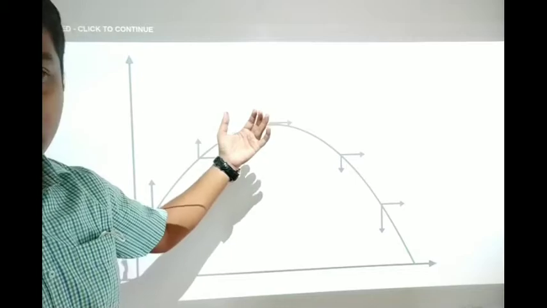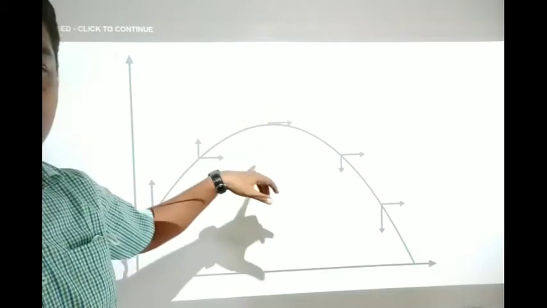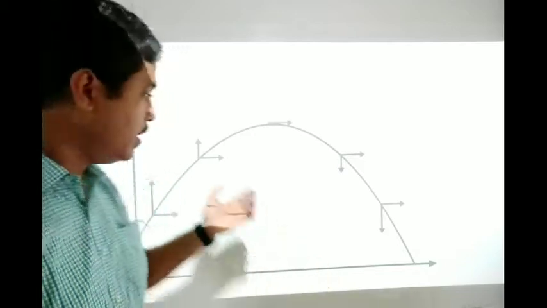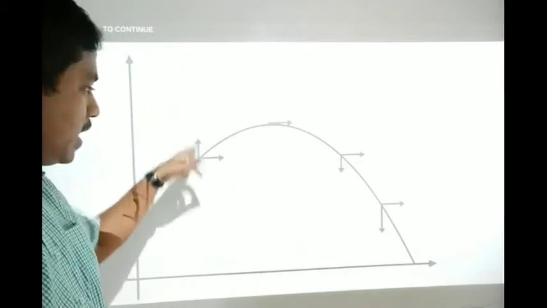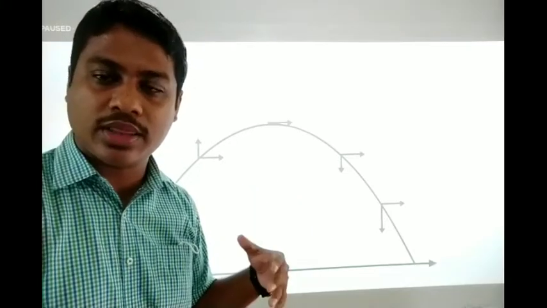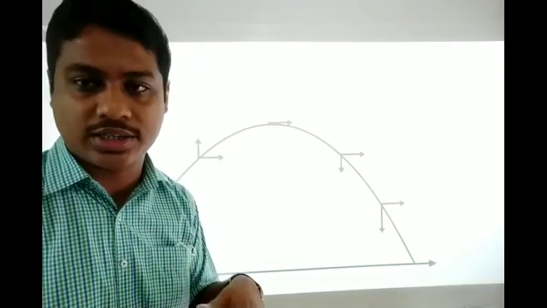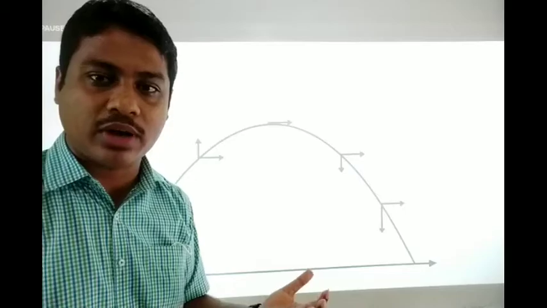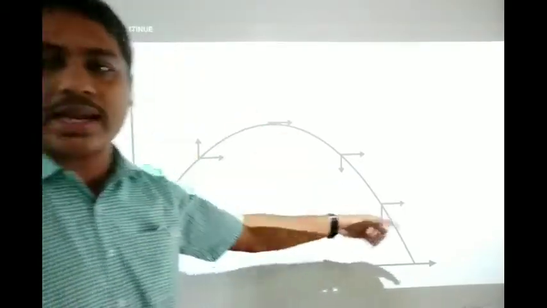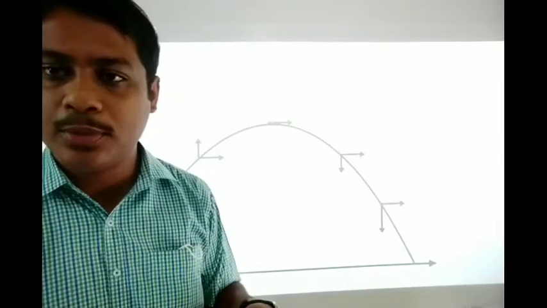As you have heard in the audio, the horizontal motion has an initial velocity but there is no acceleration. Acceleration is zero. The vertical motion, the blue line, has no initial velocity but has a constant acceleration. That we have already discussed, and we have also proved that the path followed by the projectile is parabolic.